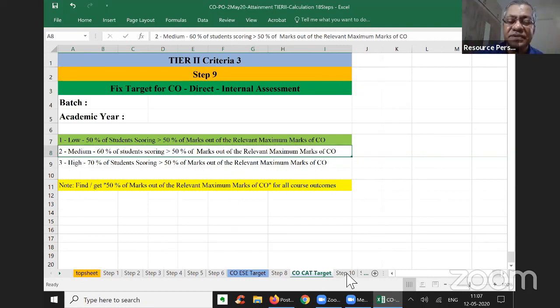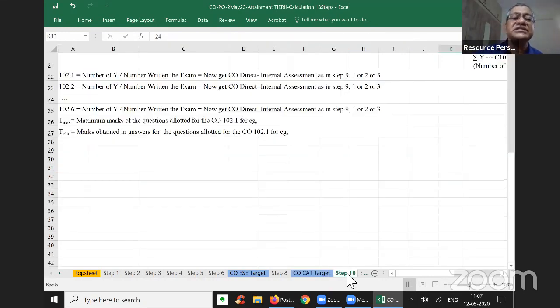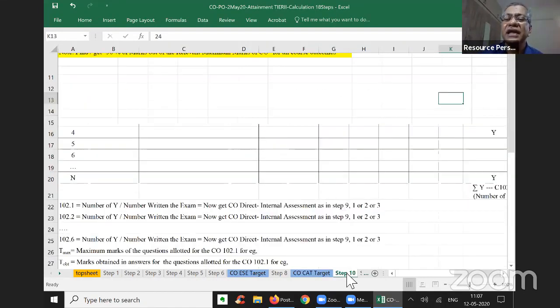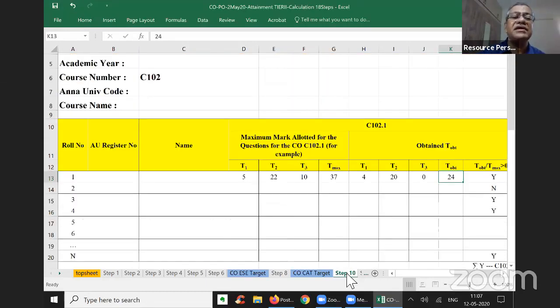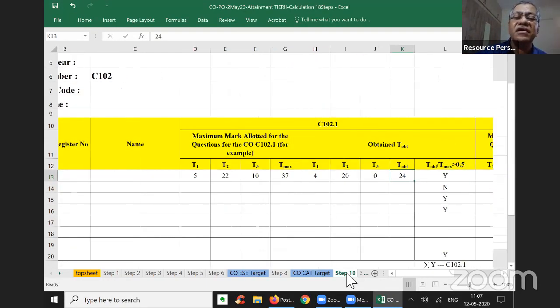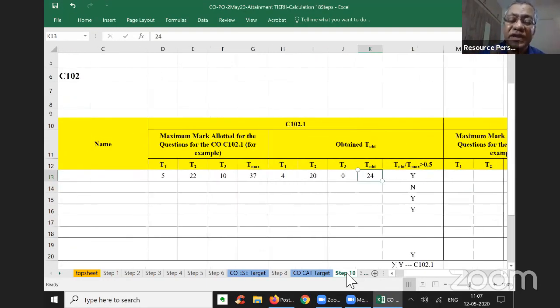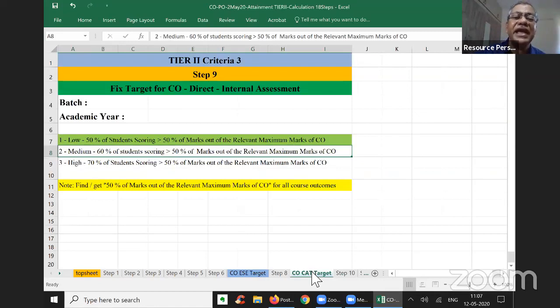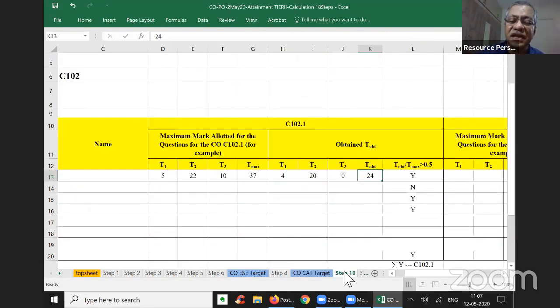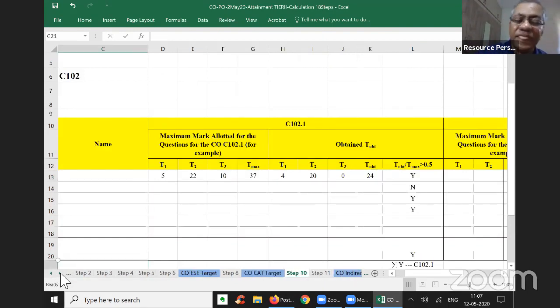Then comes step 10. Step 10 is how to calculate the course outcome-wise attainment. That is step 8. Then step 9 is the target for internal. Step 10 is the internal course-wise attainment.